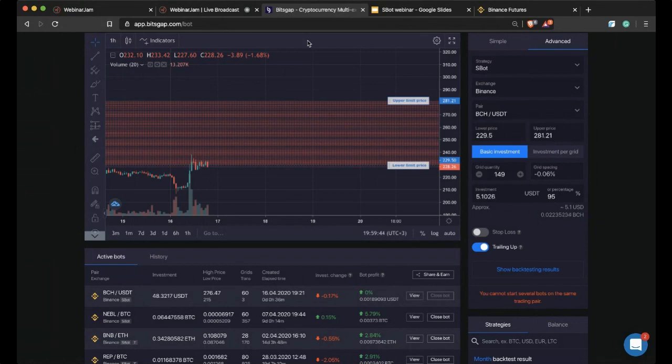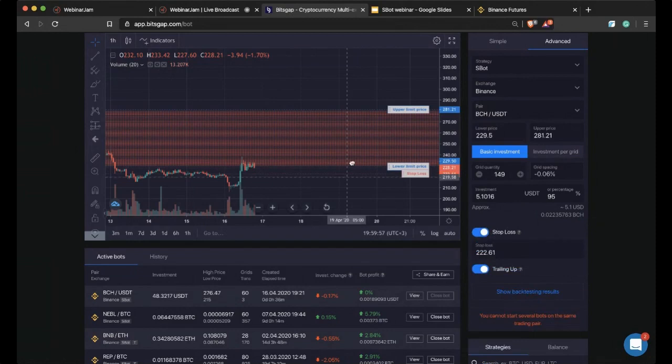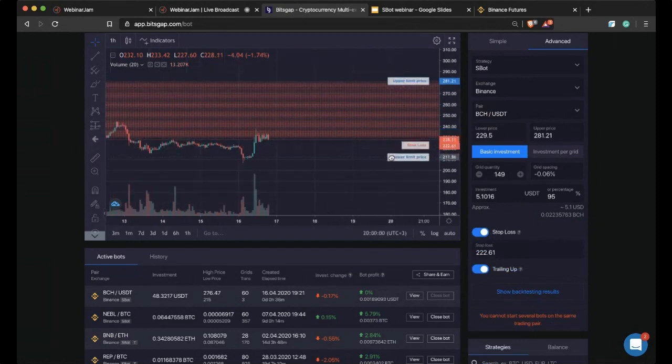Let's see the questions. So what should we do in case of a downtrend market? That's a good question. We have risk management tools like stop loss. All right. So let's say in this setup,